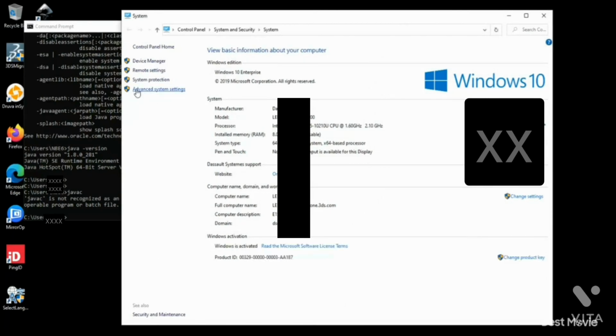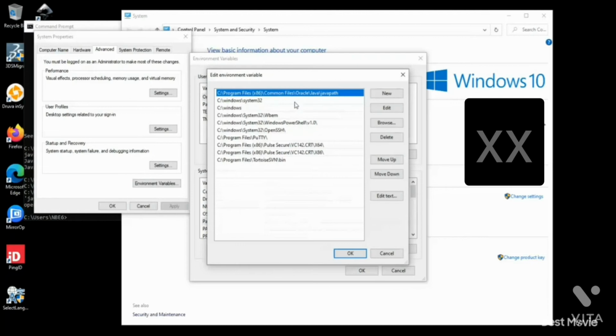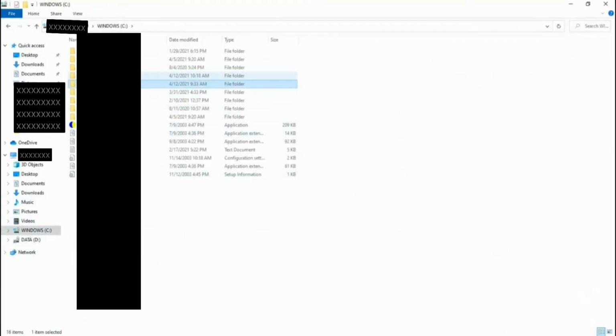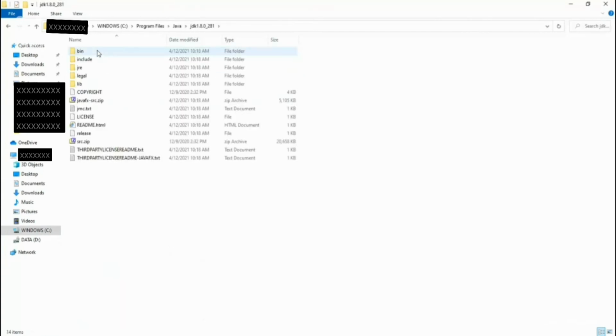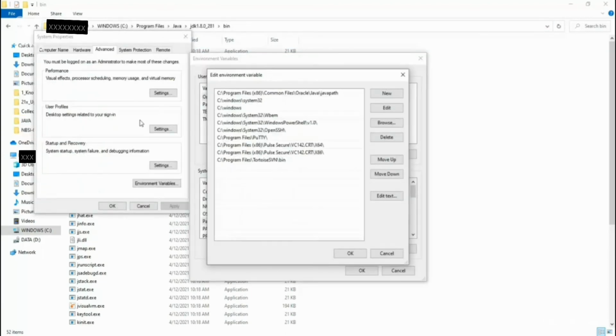So for javac, we need to set the path variable. Go to the environment variables, open the path under system variables, add new, and provide the path up to the bin folder of JDK. So under Program Files, Java, JDK, bin, this path we need to provide.